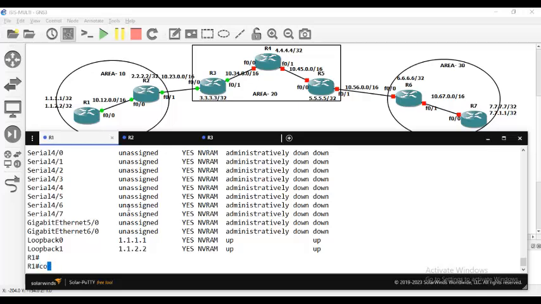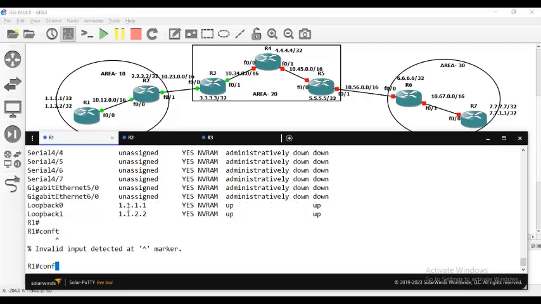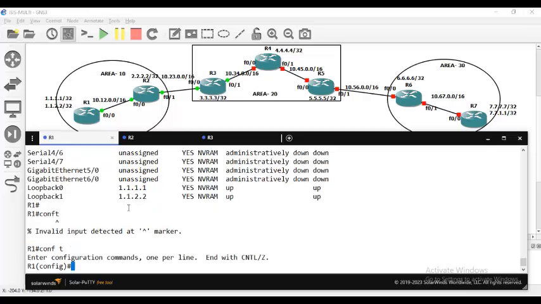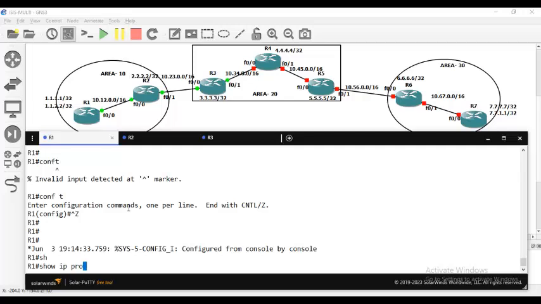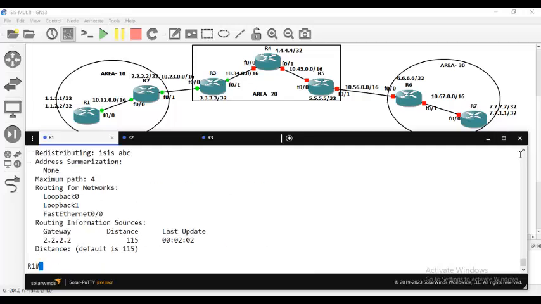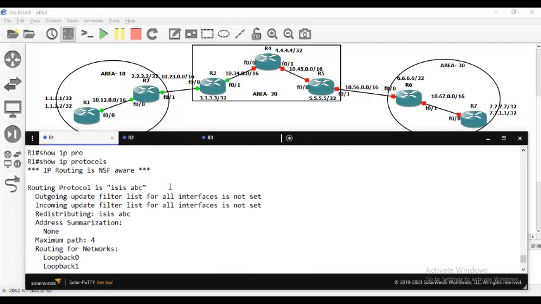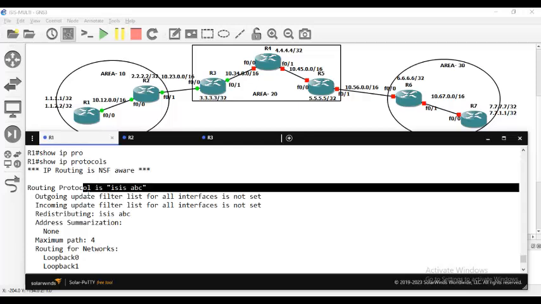If you wish to remove all the routing protocols, there is a command, no ip routing. For example, before I put the no ip routing, let me show you. Show IP protocol. You see there is already ISIS running. But after I put this command, you see,